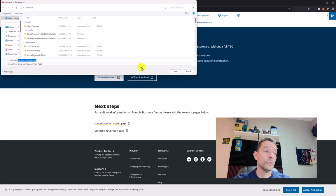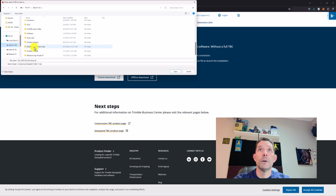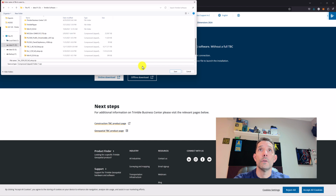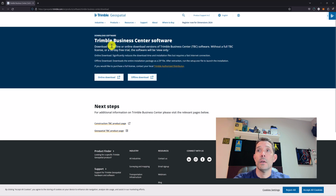As usual, I like the offline download because I just need to download it once and then I can distribute it between my computers. So I'm just gonna put it down into my Trimble software folder, and as usual,